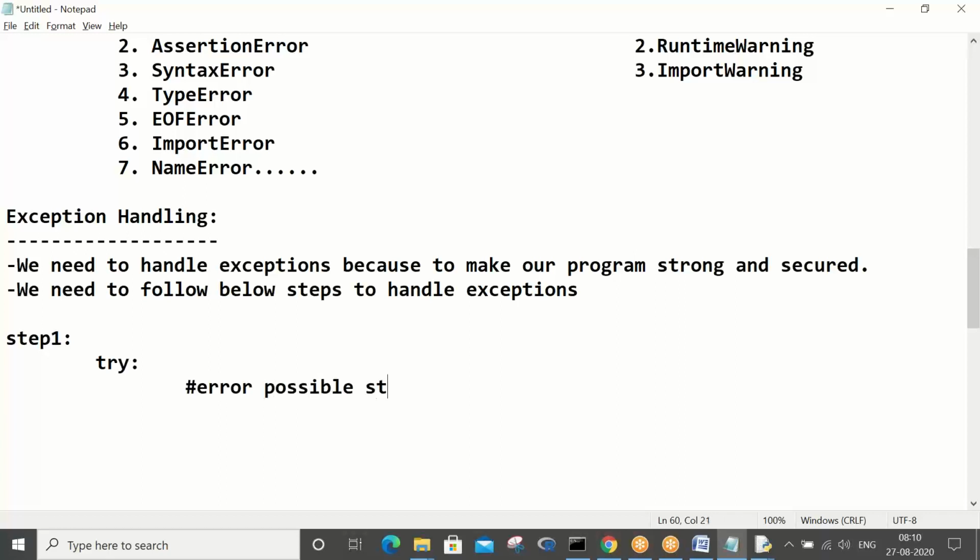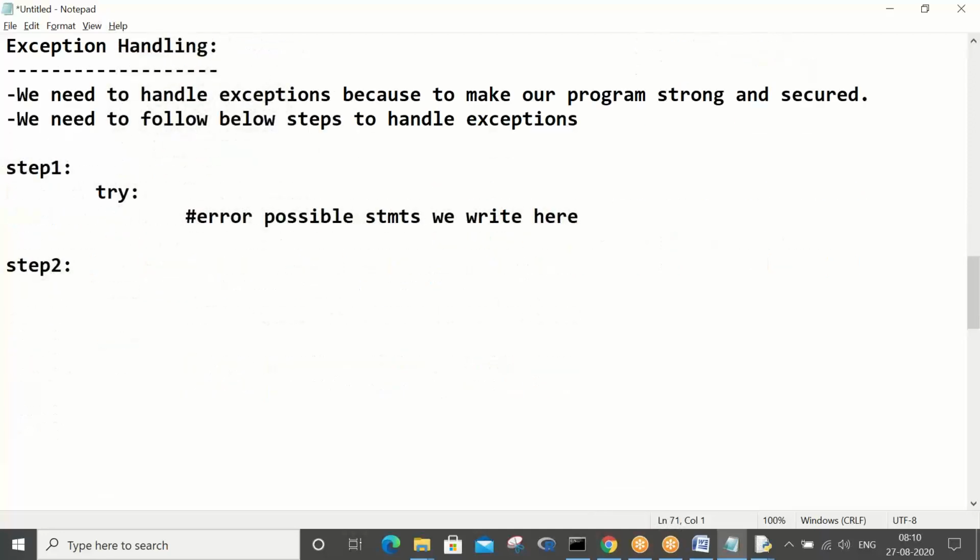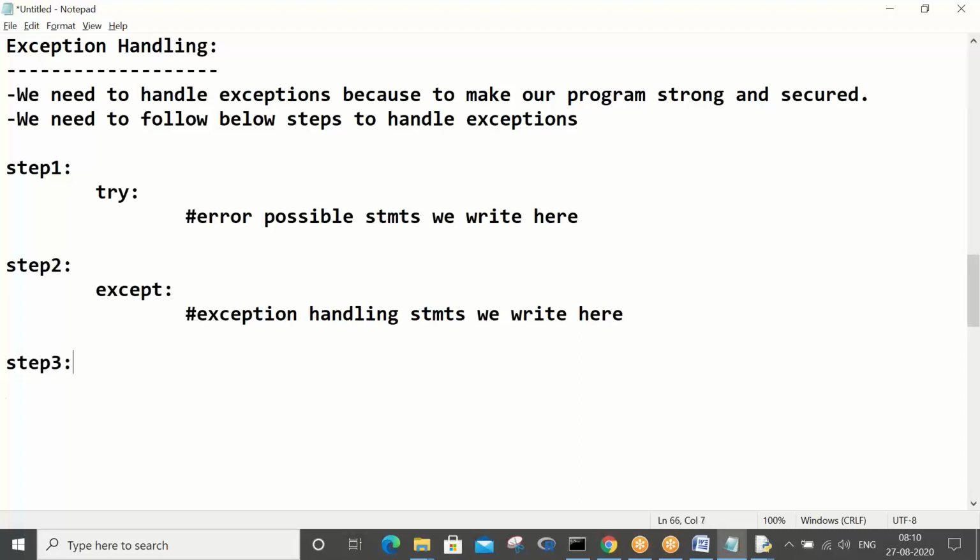Error possible statements we write here. Okay, step 2: except. Exception handling statements we write here. Okay, step 3: else.